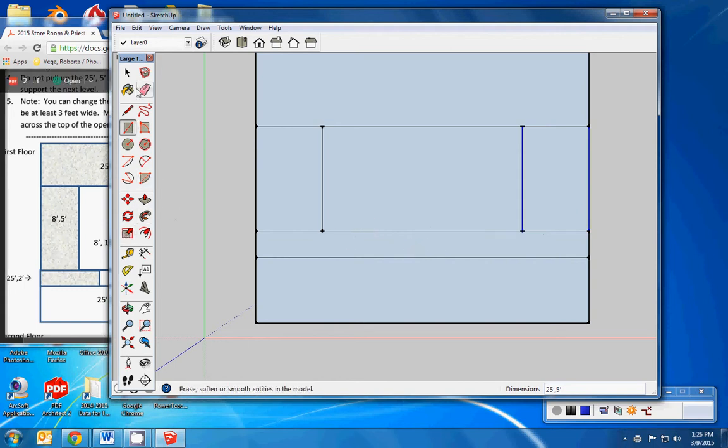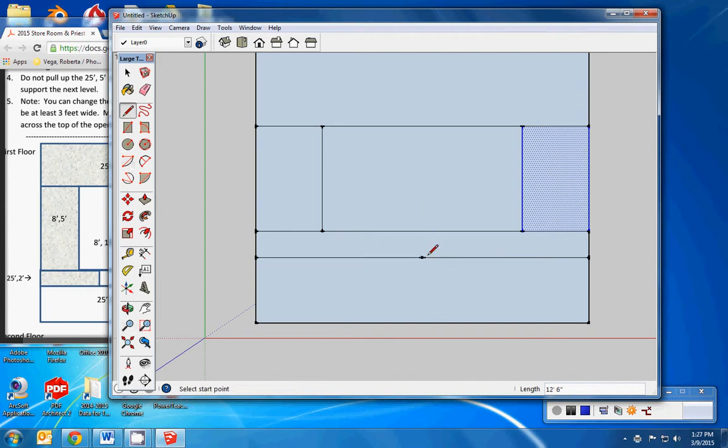I want to make it centered. So I'm going to take my tape measure, click on the end here, move this along until that red dot turns blue. That's my center point. I'll click. Now, if you wanted to draw a center point instead of a guideline, you could use the pencil tool and do the same thing. Click, drag along until it turns blue at the center,